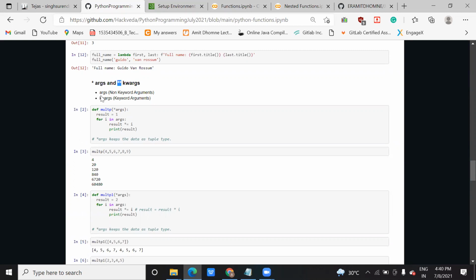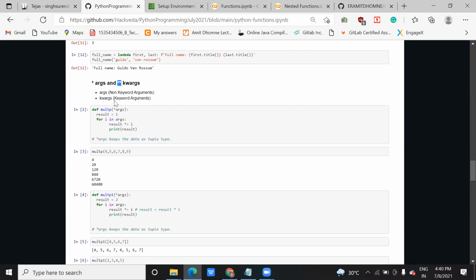When you see only args, it means it is a non-keyword argument, in the sense that you will not use any keyword with it. That's why there is no k here. And KWARGS means keyword argument. What are args and kwargs? Let me show you with an example.